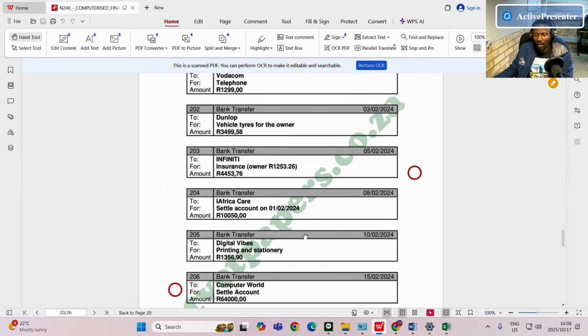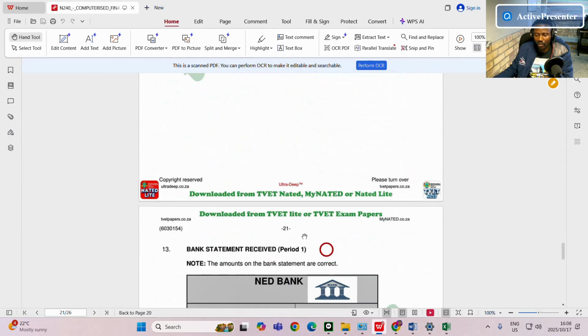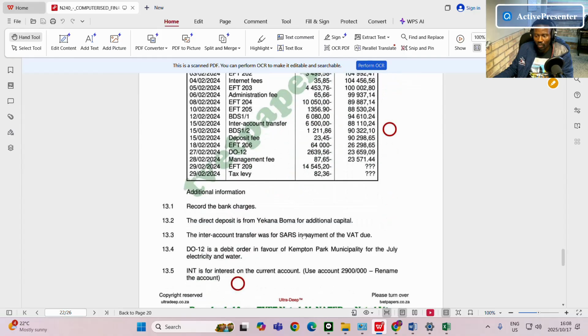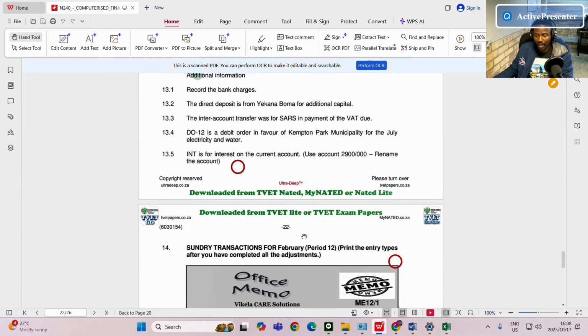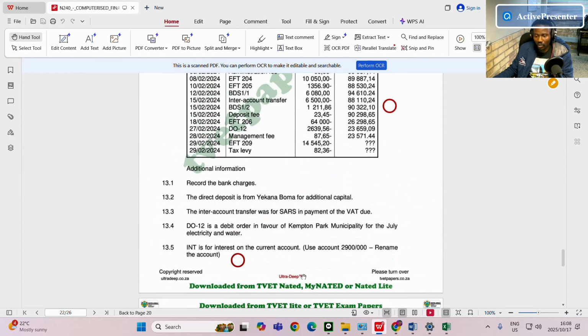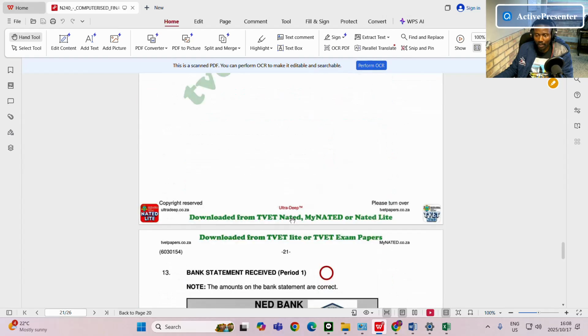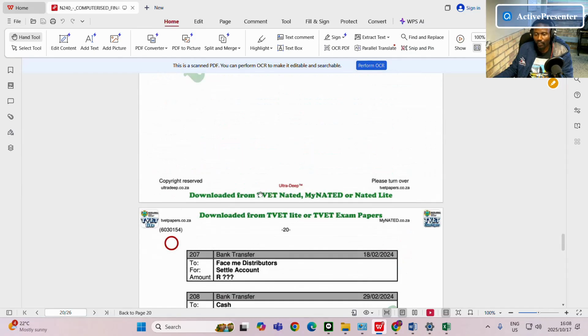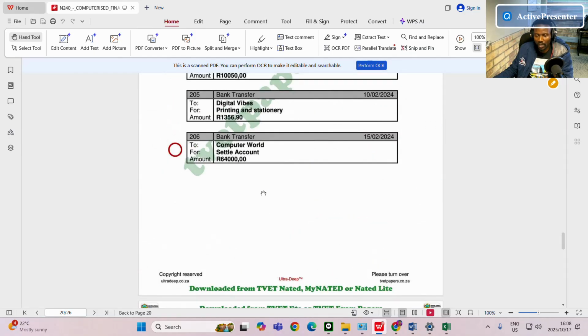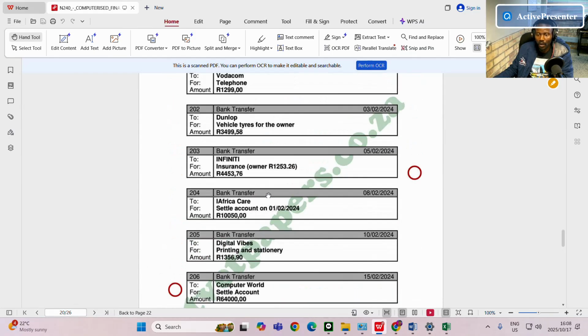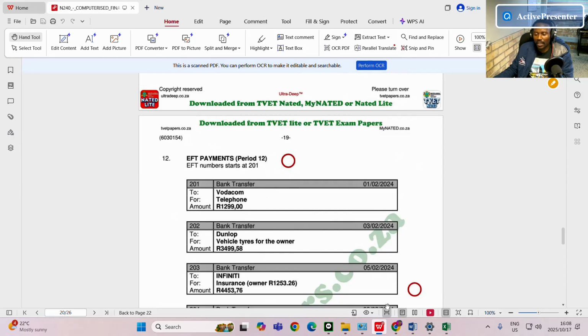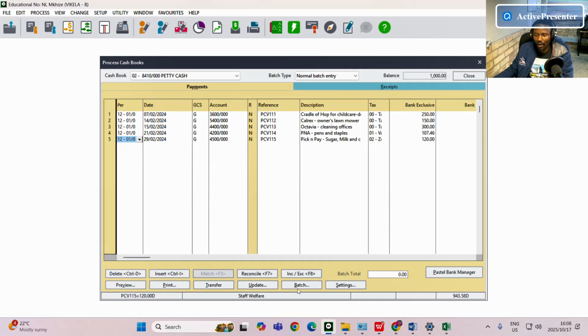I will try to actually do the bank statement as well. I'll even do the items that appear on the bank statement but which do not appear on the cash book. So I'll just finish the whole CPJ. Okay, so basically we are still on